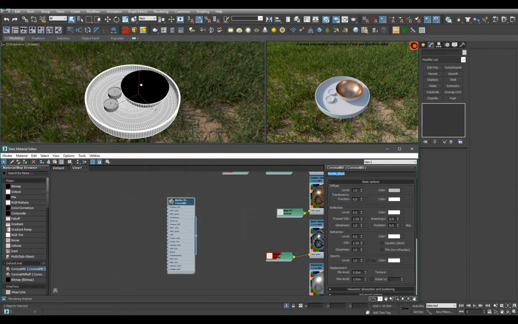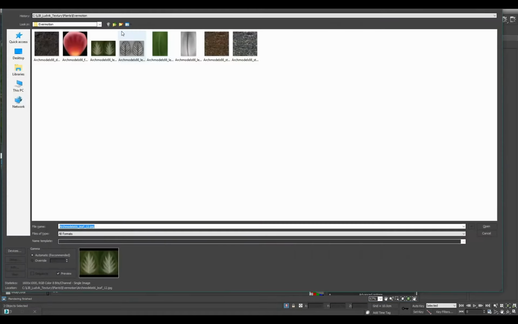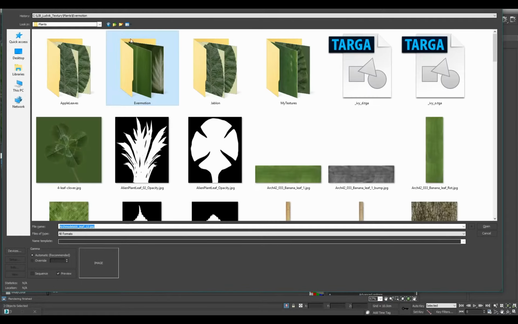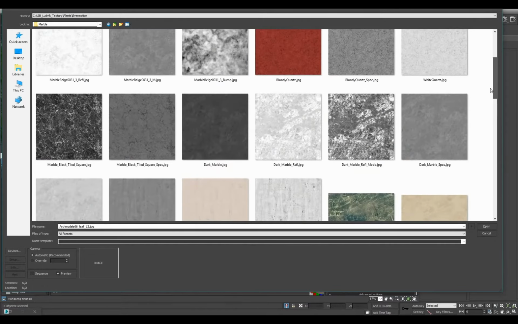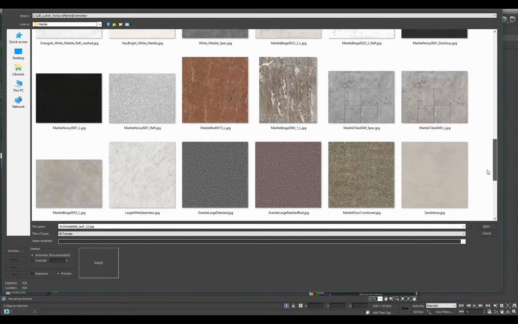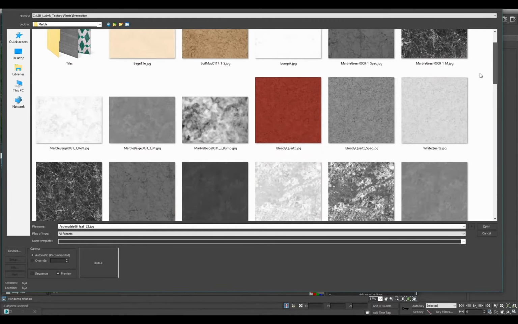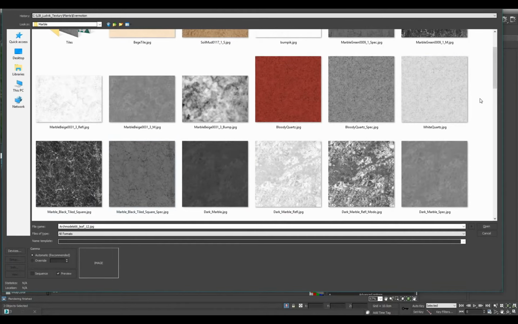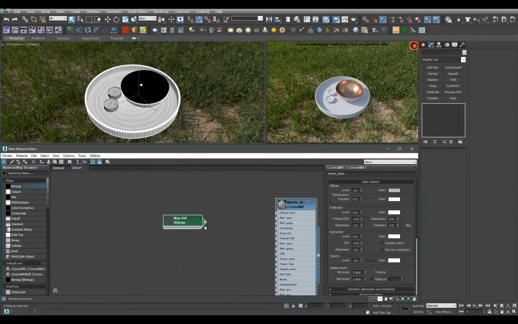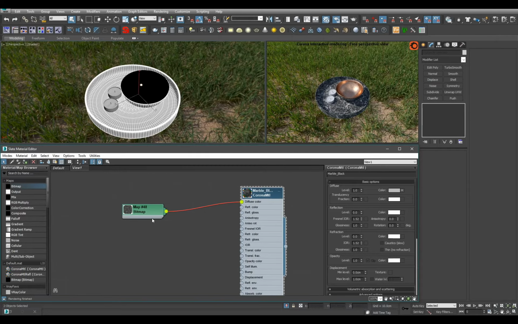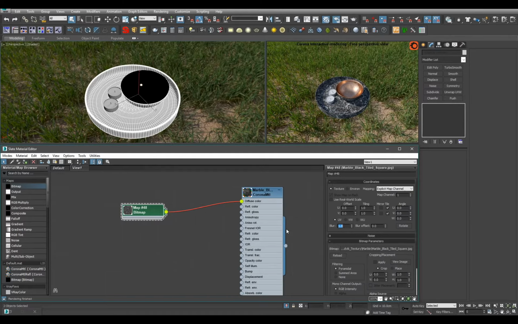Marble black. Marble. Let's get this one. Okay, so